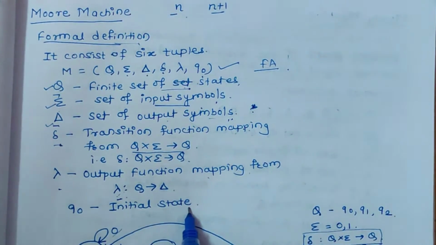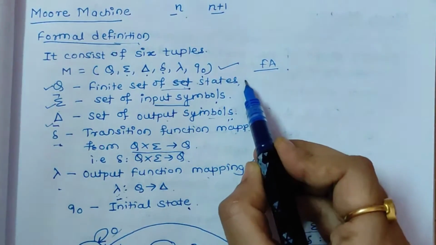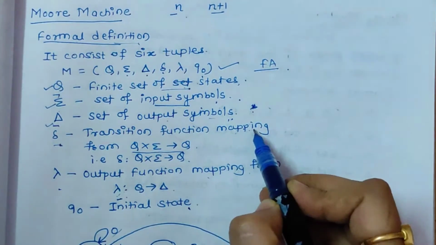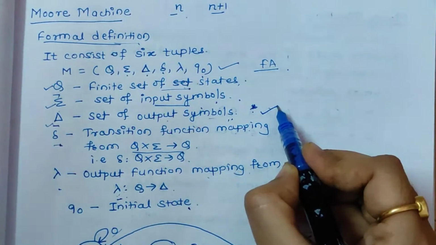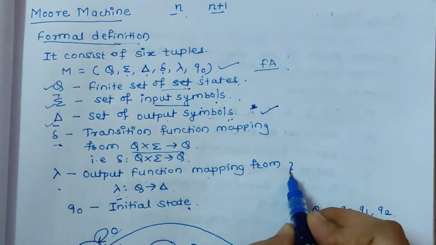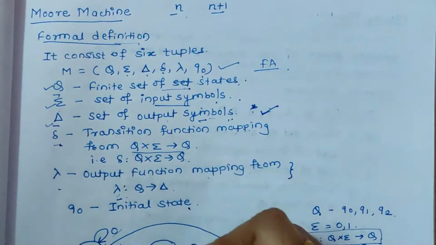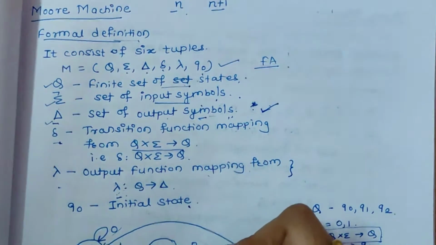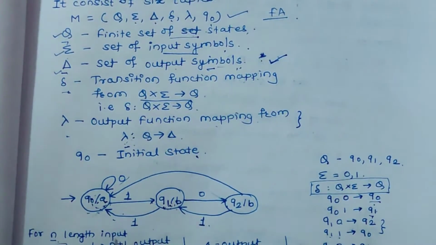In the previous videos we have already discussed what is finite automata. We discussed deterministic finite automata and non-deterministic finite automata. So these terms, that is Q, sigma and the transition function, are already there in DFA. The only new thing here is delta, that is the output symbol, and the mapping function is different here as we are including this delta. That is, along with the transition there is output given with the states. You can see one example here so that the concept will be clear to you.